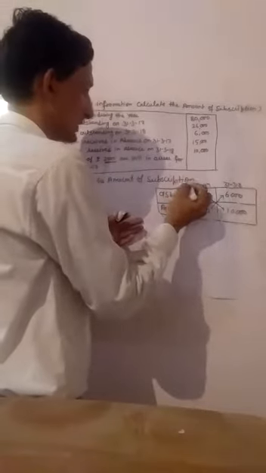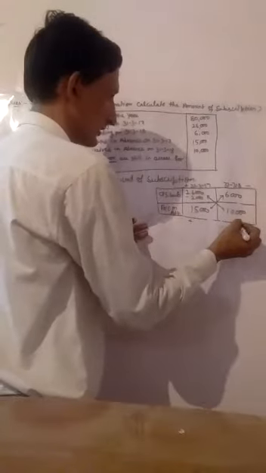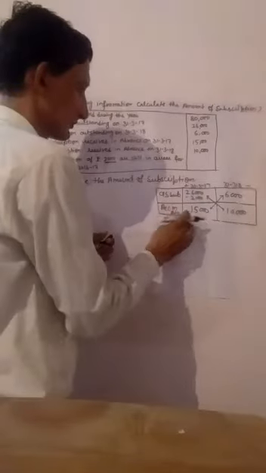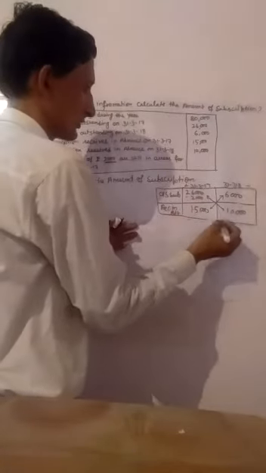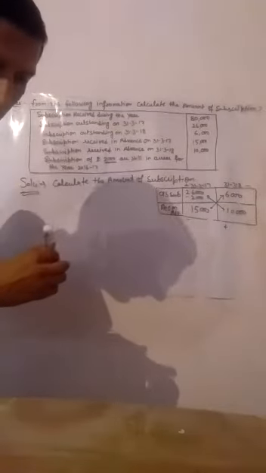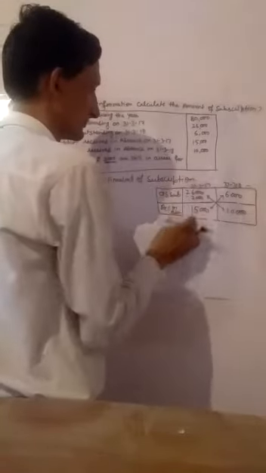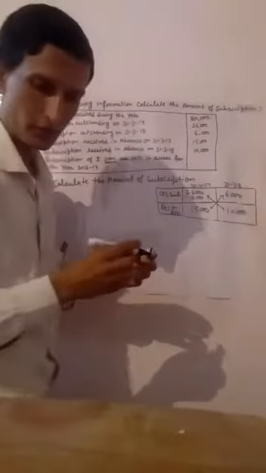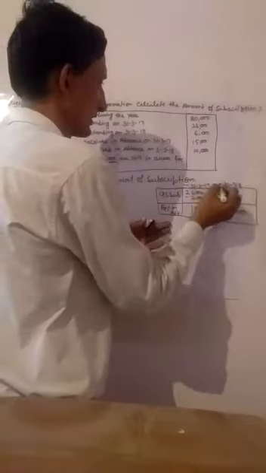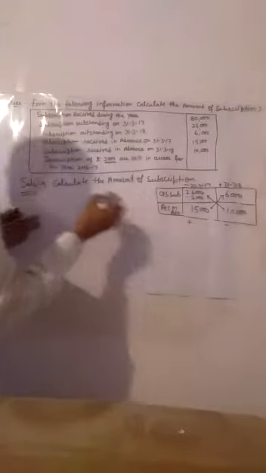That is plus, that is minus, that is plus, that is minus. So simply we are going to calculate the value of subscription. Okay, that is a simple funda to calculate a subscription: that is a minus, that is a plus, that is a plus, that is a minus. That is how we calculate the subscription.